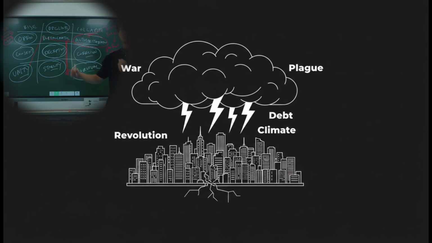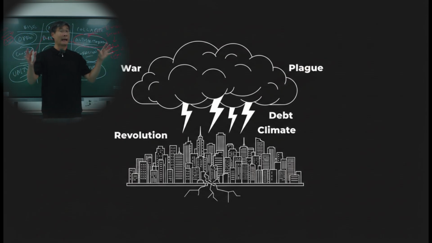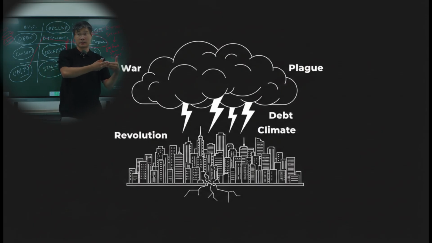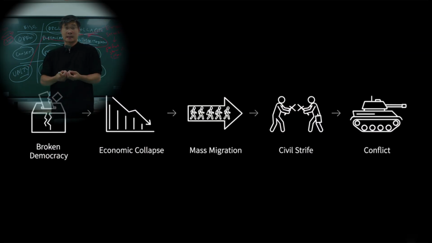Any questions? Okay, so this is the analytical model that we're working with. And again, we're going to apply it to the present, and then we're going to apply it to the past. Okay? So with this analytical model, what we can do is make certain predictions about the future. So I will make these predictions.